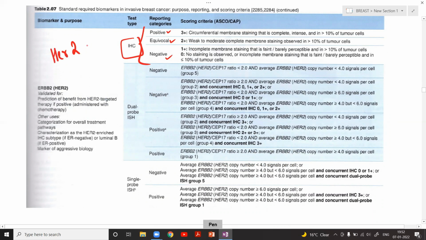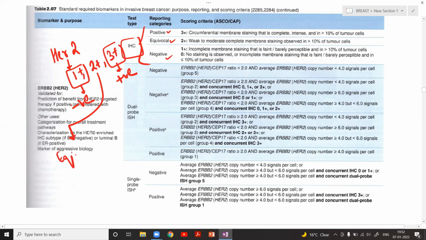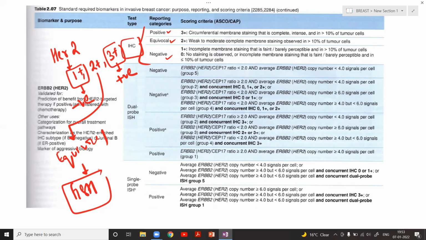When we write HER2 positive, we have to write what is HER2 positive, what is HER2 negative, what is the HER2 scoring. Instead of that, we just write the score is 1 plus, or 2 plus, or 3 plus. So remember, HER2 1 plus is taken as negative scoring, and HER2 3 plus is taken as positive scoring, and HER2 2 plus means it is equivocal, not negative and not positive. So you have to go for FISH, or in situ hybridization studies, to understand the results. This is what 2 plus scoring means.